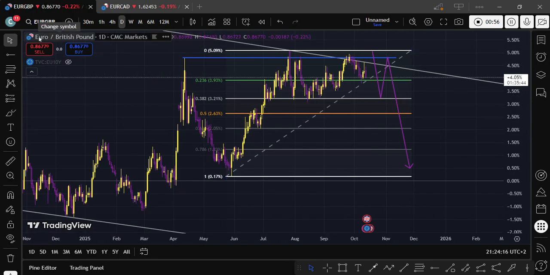Now at the moment we're selling the euro, but there's an issue with the pound. The pound is also selling. Remember, the euro is bullish when we look into macroeconomics, the euro is actually moving out of the recession. And they started cutting their interest rates on the 6th of June last year in 2024. That means they've been cutting the interest rate cycle. The interest rate cutting cycle in Europe